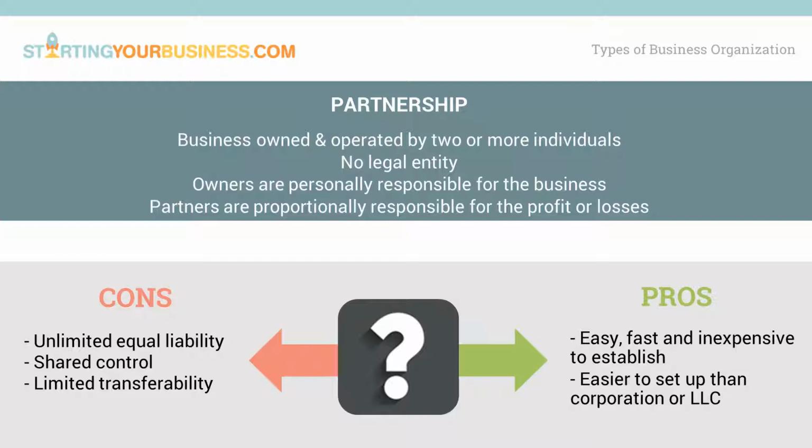Since partnerships are usually informal and very little is in writing, disagreements can occur that can be devastating to the business. A partnership can also be difficult to get out of should the remaining partner not be willing to buy out the departing partner. Just like the sole proprietorship, there is no official filing for a partnership with the state. We will cover some of the other possible requirements that a new partnership may need to do in later videos